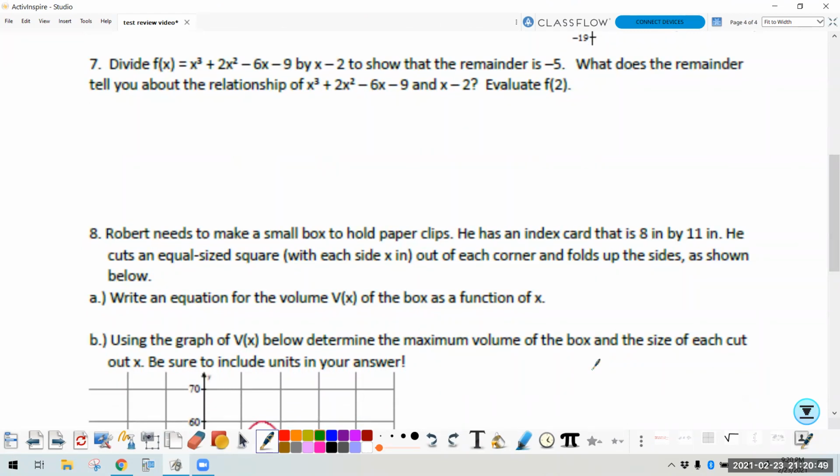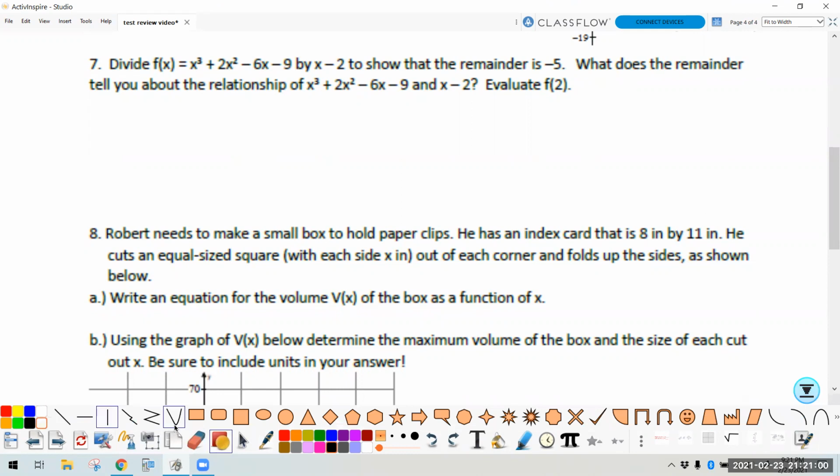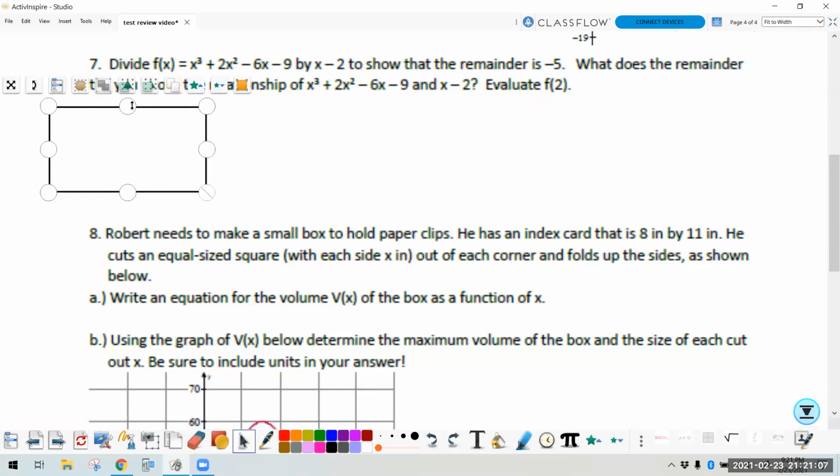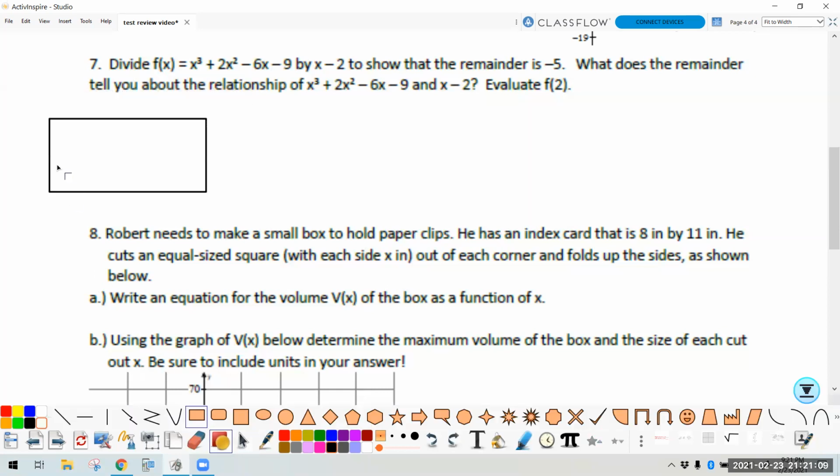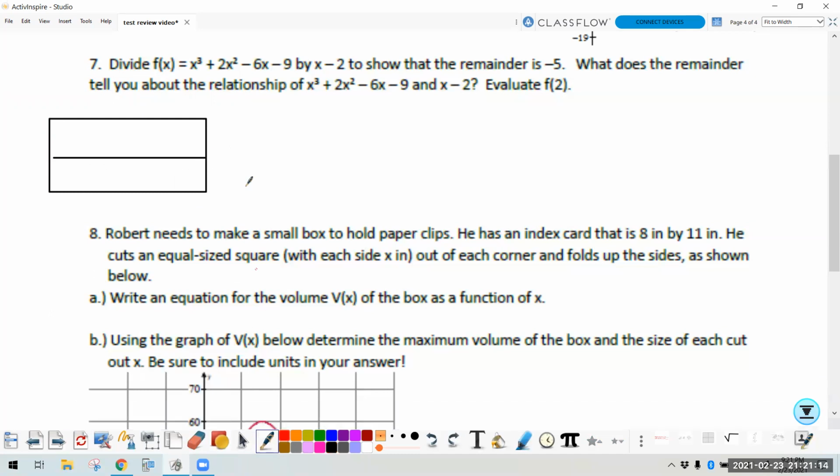All right, divide. Show that the remainder is negative 5. What does the remainder tell you? And evaluate. All right, I'll do box method for this one. So we're dividing by x minus 2. And then we've got x to the third,